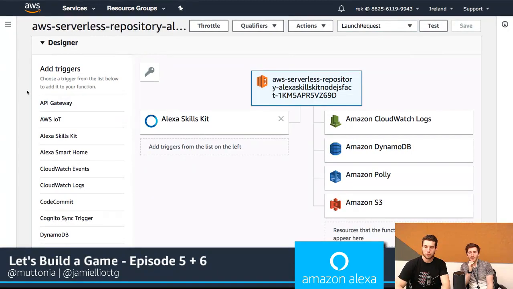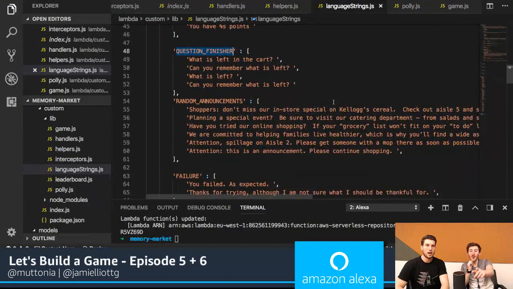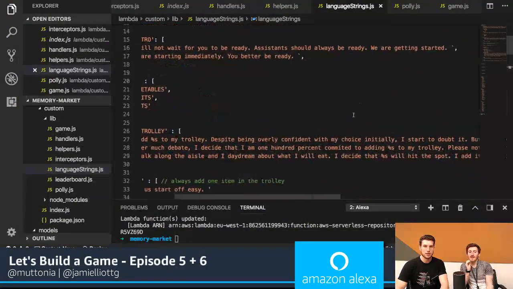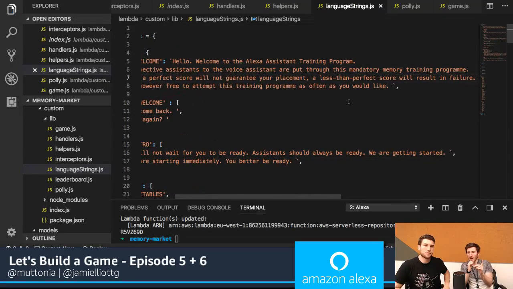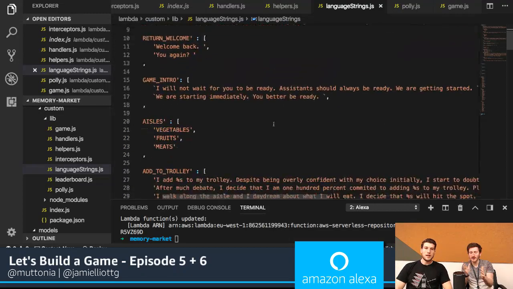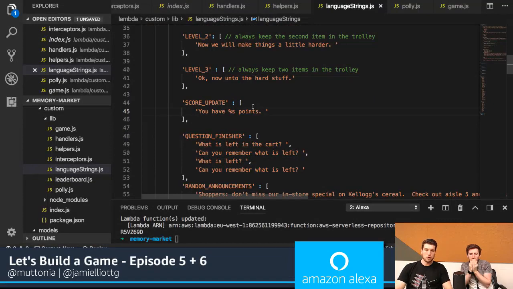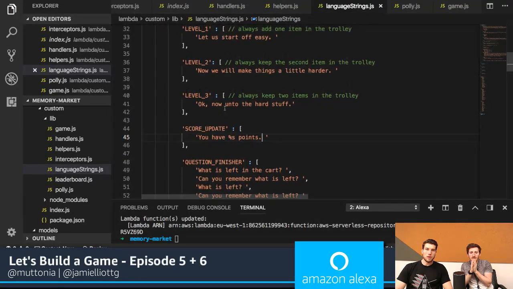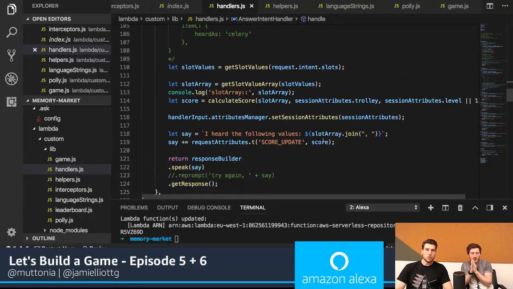For example, one typo I heard is in the welcome message, even after the answers, so a less than perfect score. You see how for some reason some of the auto indents, it was supposed to be "less than perfect score." And another one I heard is after she says the score, she says the next sentence very quickly. So maybe we might be concatenating. Exactly. So the score here, and it should also be in the handlers. We should add a